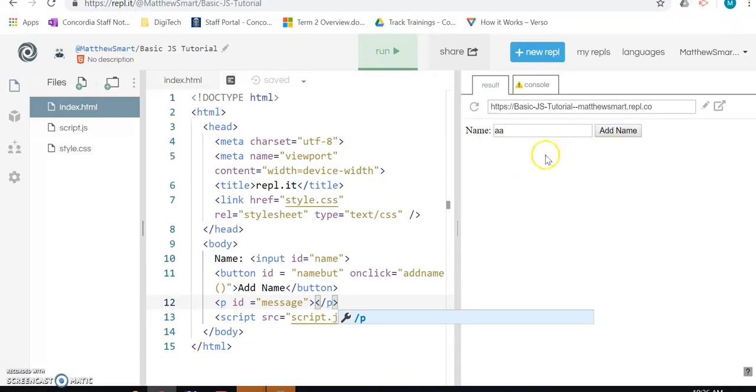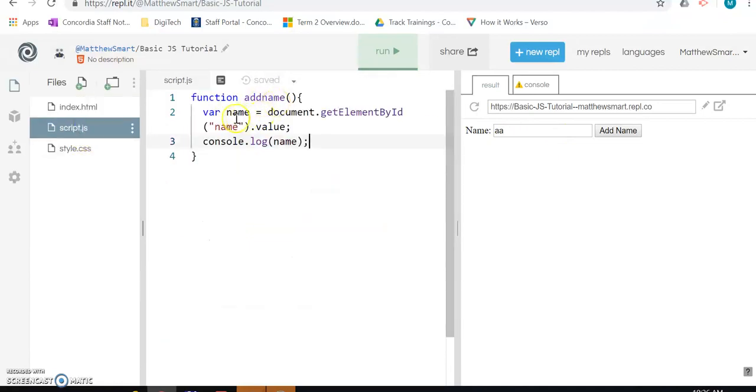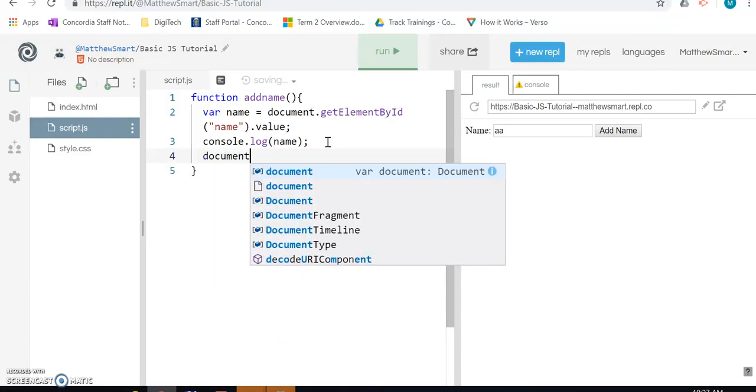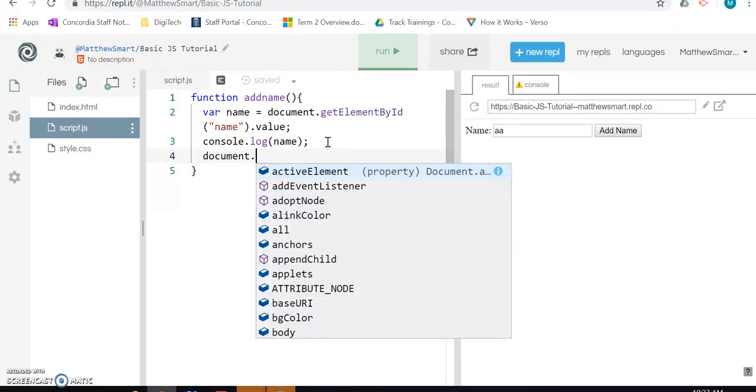You can't see it at the moment, but that content will be filled up when I hit the add name button. So the message section in our HTML page, which is down underneath here, will be able to display our message. Let's go back to our function. After we've got that name, we're going to write something into that paragraph called message. So the first thing we need to do is access that section on our web page by going